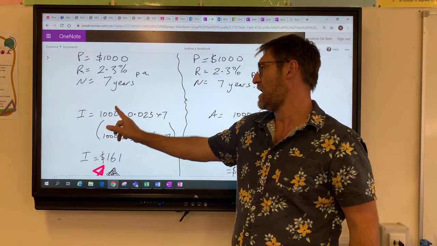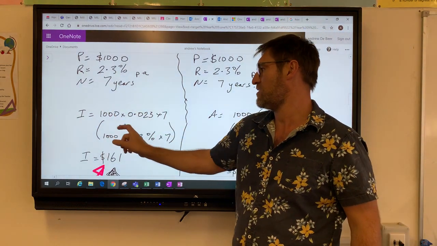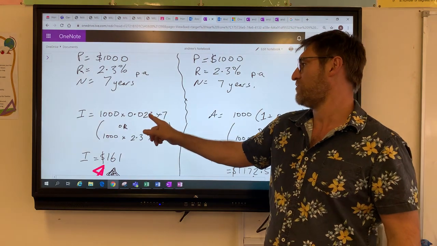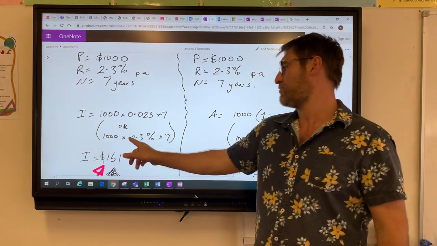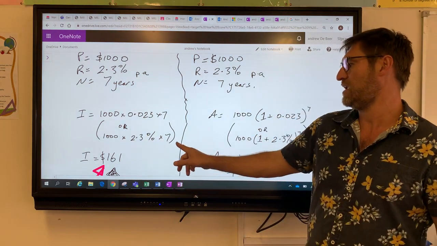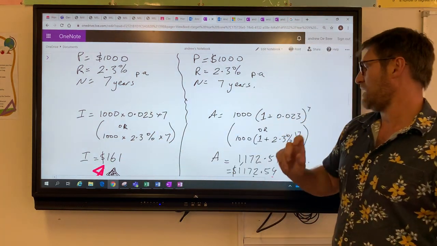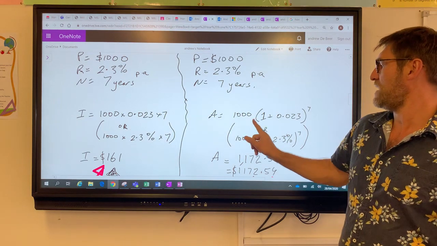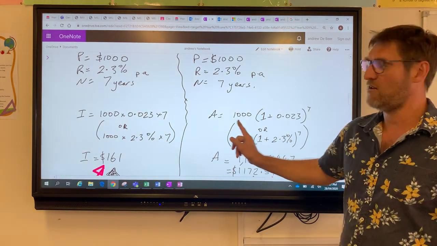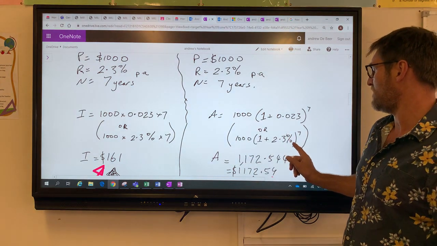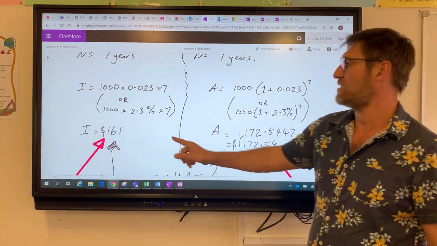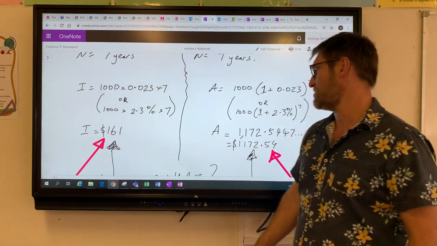I equals PRN, so P is 1,000, times 0.023 as a decimal. I know you can chuck it into your calculator like that. We've got a percentage button these days, it's very handy. Chuck all that into your calculator. Over here, same deal, 1,000. Type it in exactly like that, or if you're going to use a percentage, exactly like that. Type all that in and you get I equals $161, or